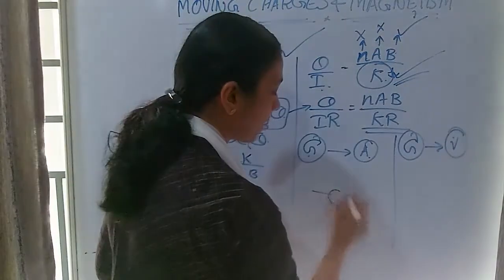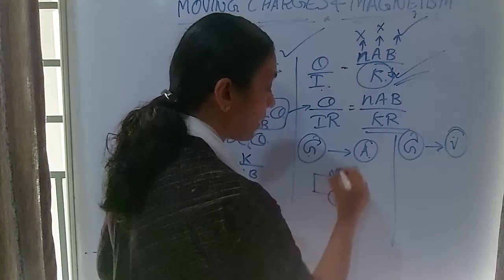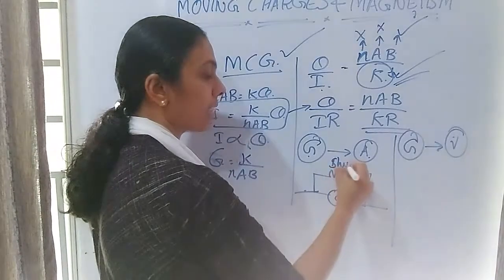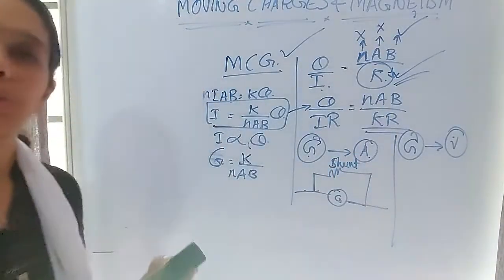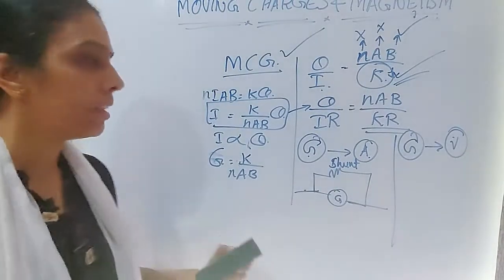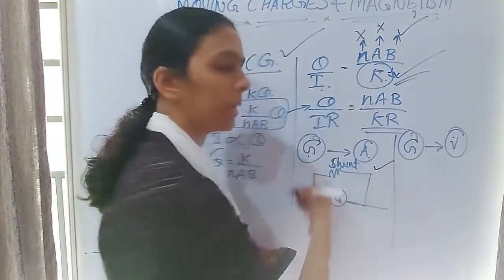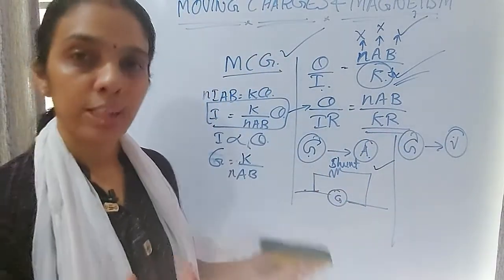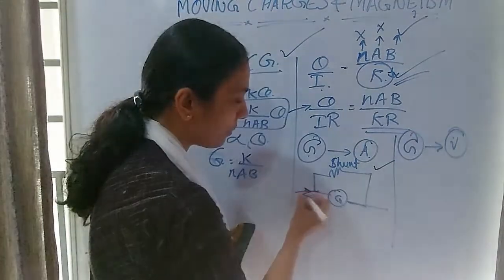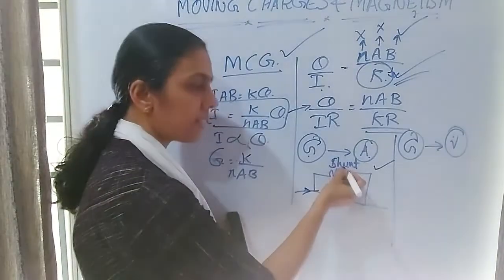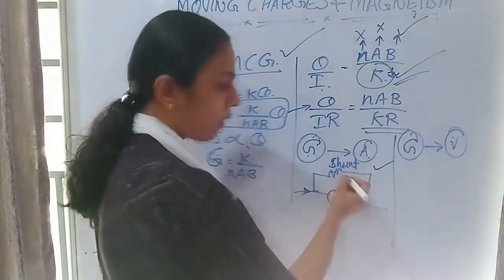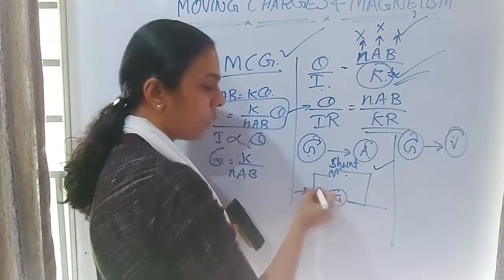So this is the galvanometer, and if I am using a very small resistance in parallel with the galvanometer, or we can say a shunt resistance, then this can be used as an ammeter. An ammeter is an instrument which has a very low resistance value. So if we give a very low shunt resistance in parallel with it, what will happen? See, the current has a very small value, right? All the current will be passing through this one.